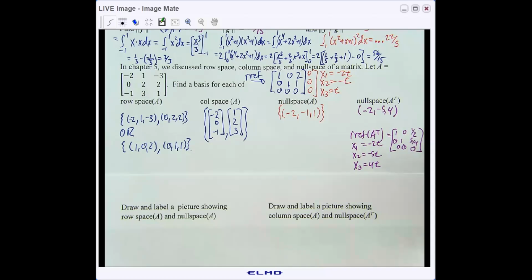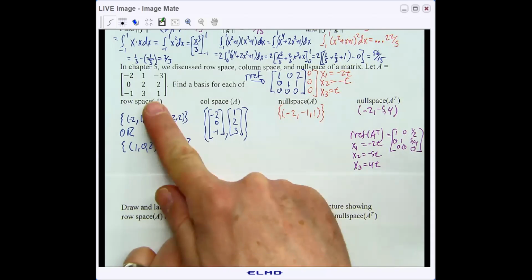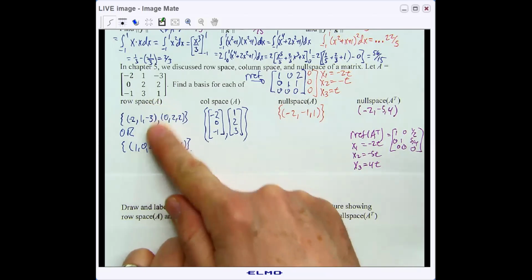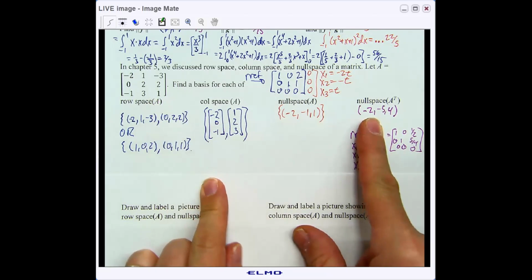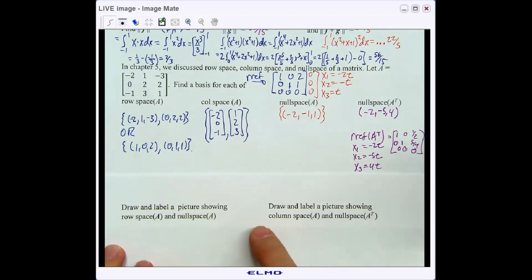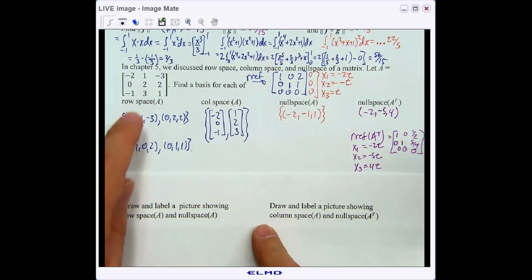Welcome back to part 3 of angle and orthogonality in an inner product space. At the end of our last video, we were taking our matrix and found a basis for the row space, column space, null space, and null space of A transpose. What I want you to do now is take a second, pause the video, and try to draw a picture